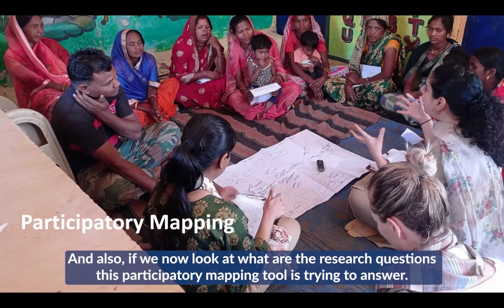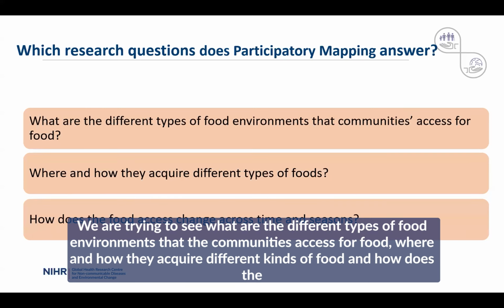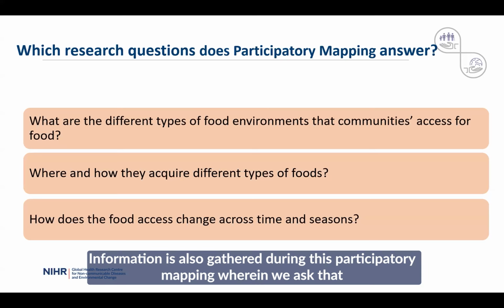points. And also, if we now look at what the research questions are that this participatory mapping tool is trying to answer, we are trying to see what are the different types of food environments that the communities access for food, where and how they acquire different kinds of food, and how the food access has changed across time and season. So some historical information is also gathered during this participatory mapping, wherein we ask how has the access to the natural food